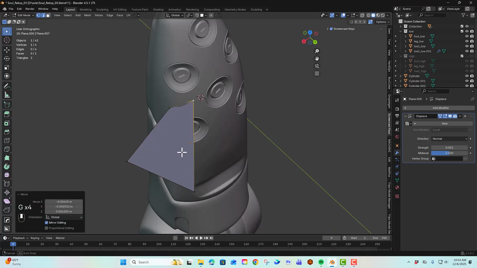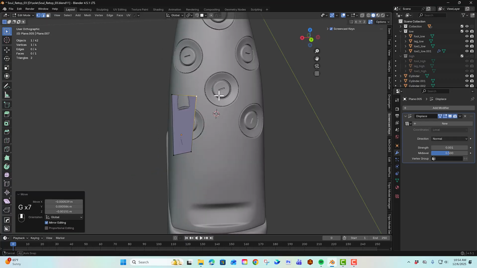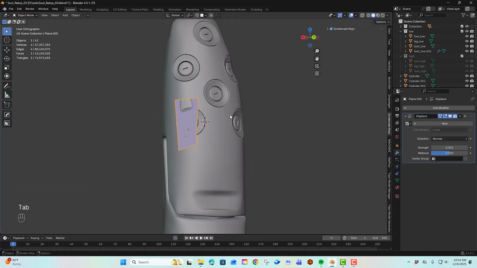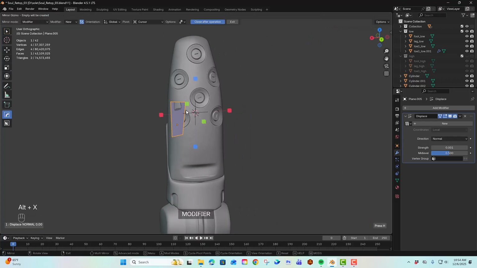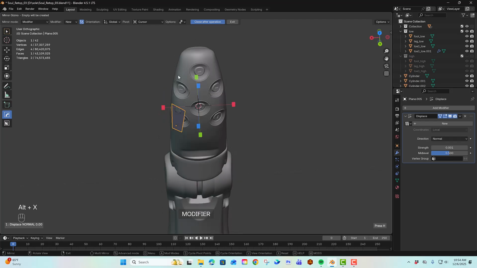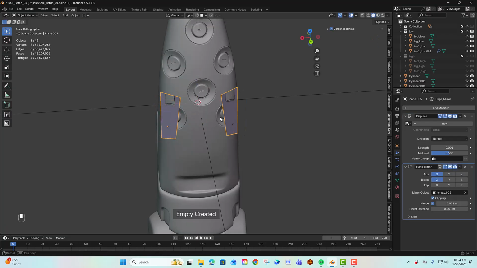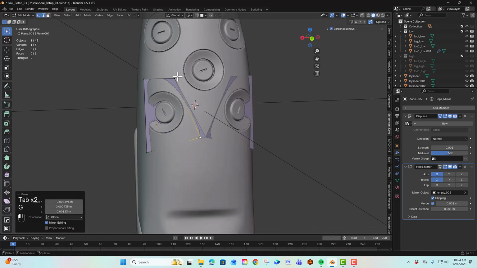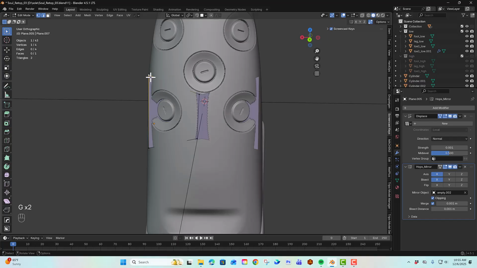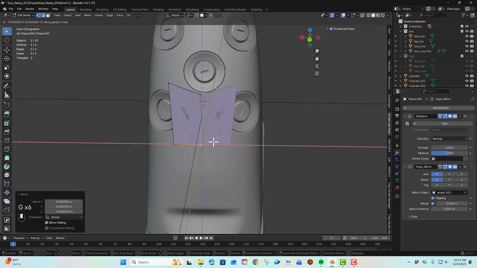Okay, and then because I have my cursor right on the middle of the tip of this finger, all I gotta do is Alt X, and since the pivot is on the cursor, this will be the center, right? And I'm just gonna mirror it to the other side, and just go at it like this, right? Hoping that this finger is pretty much on the center. So let me just keep going at it,